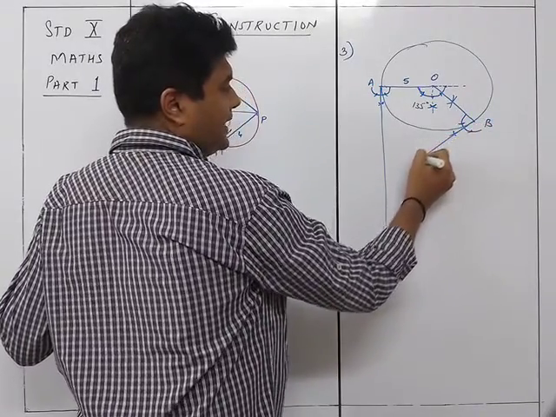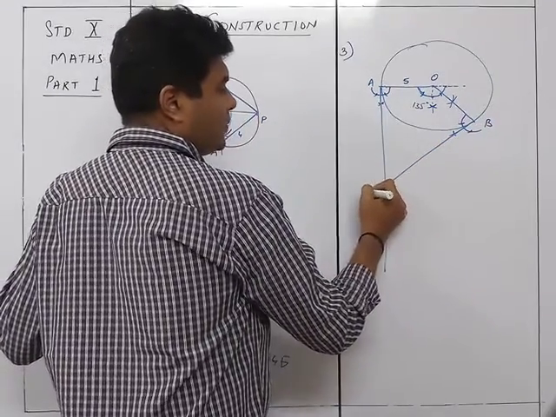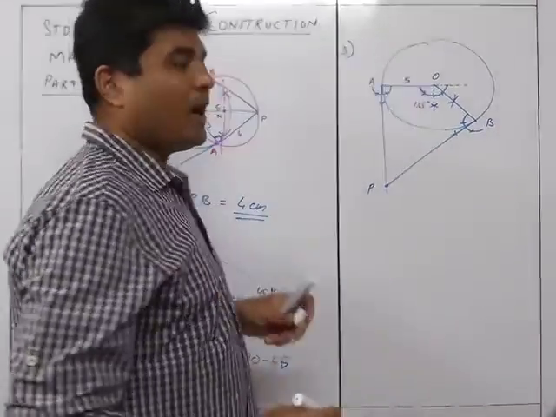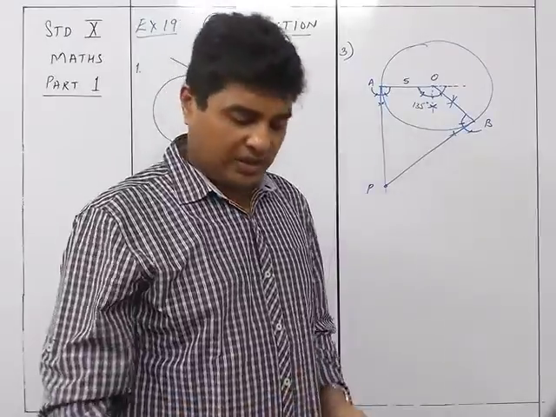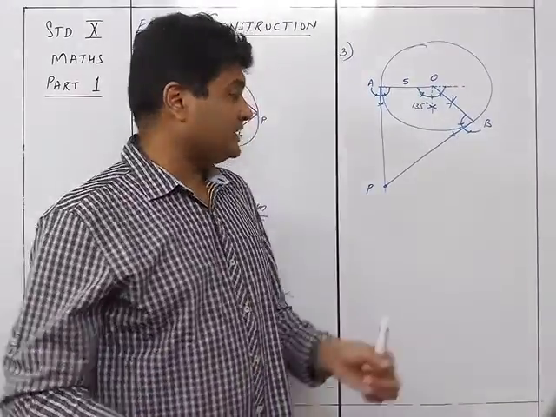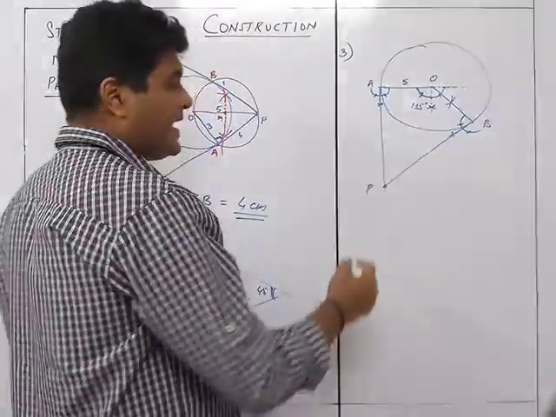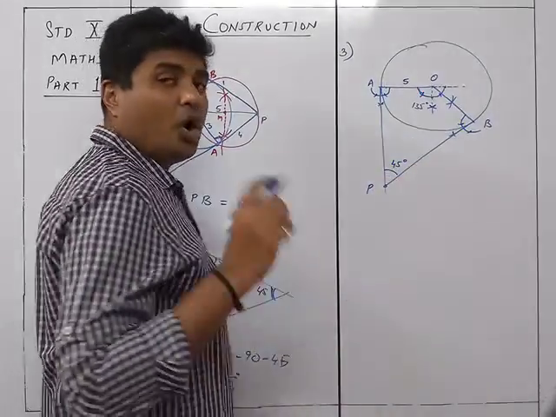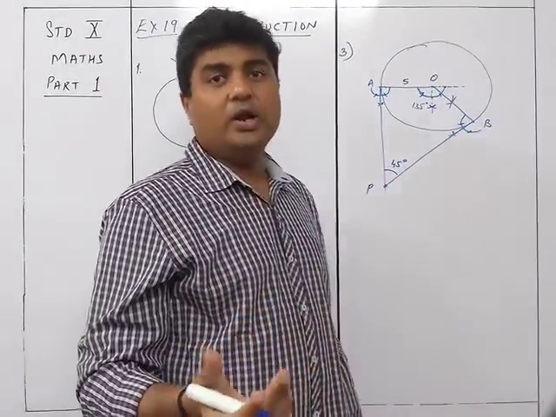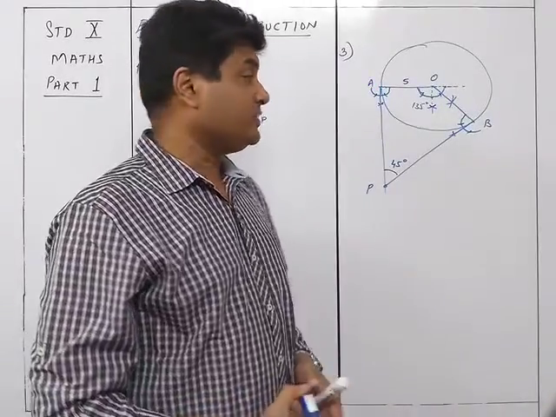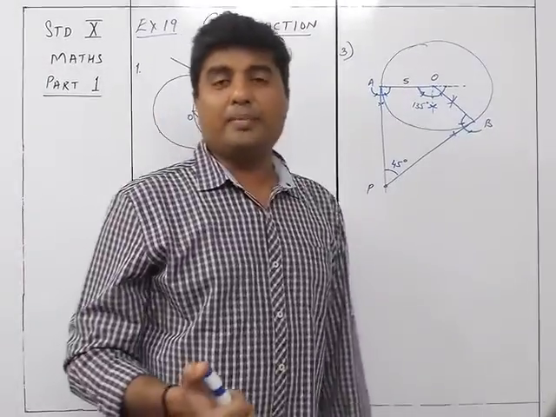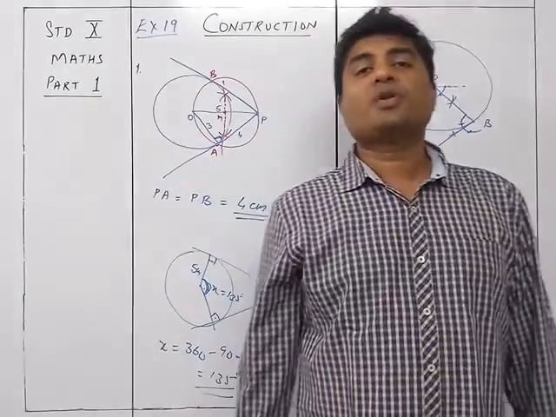So we get the tangent like this. So this is the required point P, and PA and PB are the required tangents which they have asked us. You can see that if you take a protractor and measure this, you will come to know that this is 45 degrees, which has come automatically. We don't need to draw it. Automatically it comes to be 45 degrees, because this is 135, this is 90, and this is 90. So automatically what is remaining in a quadrilateral is 45 degrees.